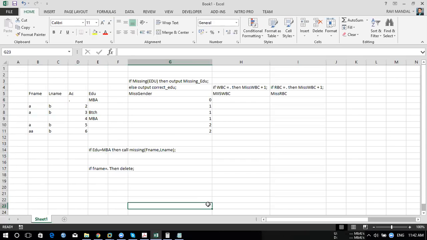Otherwise, what will happen? You have to write so many queries, so many if conditions to delete different types of data. If this data is related to, let's say, D and this is related to B, first you'll say, if f name is equal to D, then delete. If f name is equal to B, then delete. So you have to write so many queries. Correct. In this case, if you use the call missing functionality, the missing functionality will be enabled there, and in one shot you can delete it. Got it?